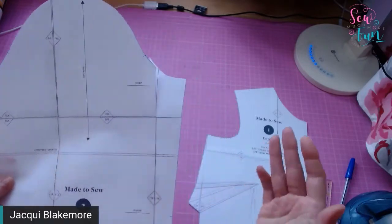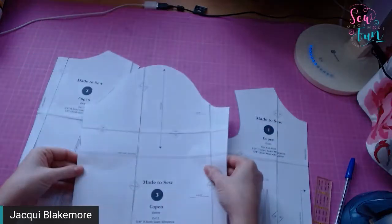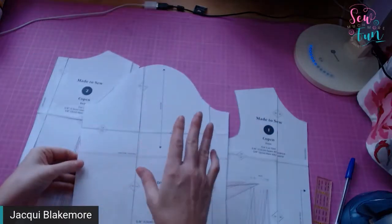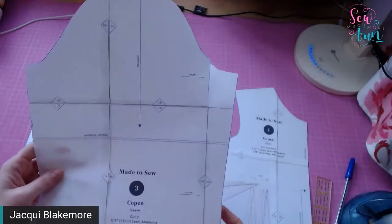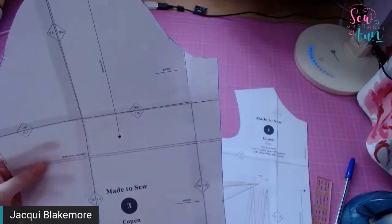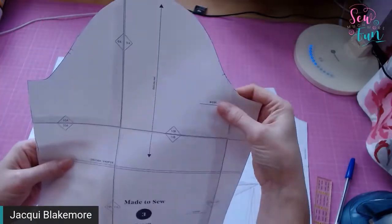What you need to do is either fold your fabric and cut one of these with your fabric folded underneath, which will give you a pair, or you need to make sure that you are,